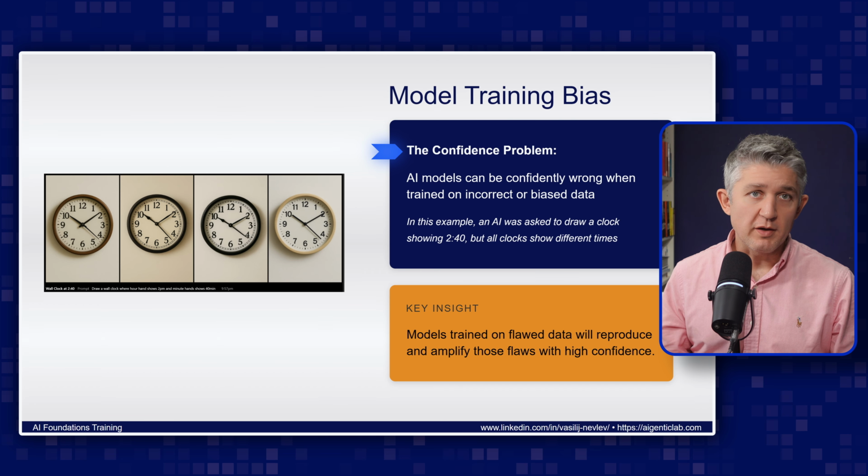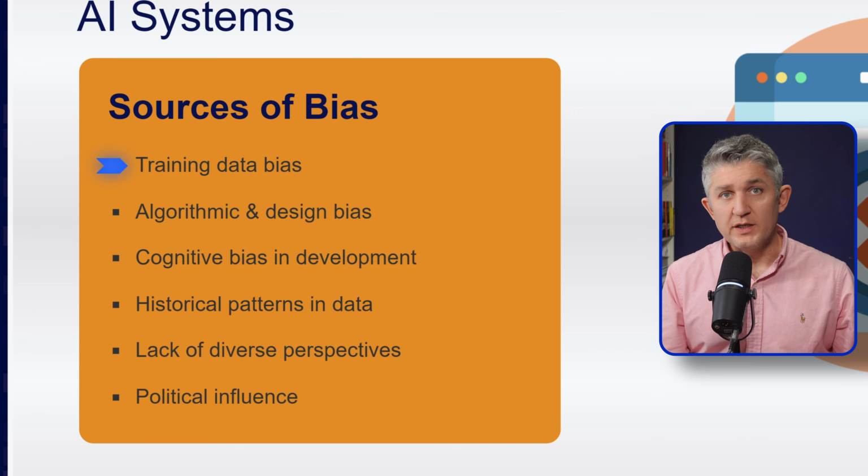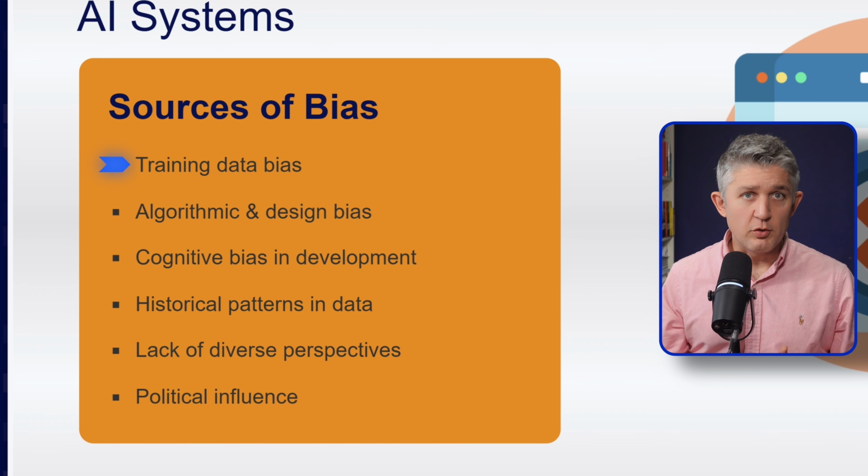The example we saw with the clock is training data bias. When a dataset skews reality, the model learns the same skew. Underrepresented groups get fewer examples, therefore fewer of them are reproduced by Gen AI. It's particularly applicable to web-scraped text data, which often mirrors stereotypes and historical inequalities that are stored forever on the internet. The next type of bias is algorithm and design bias.